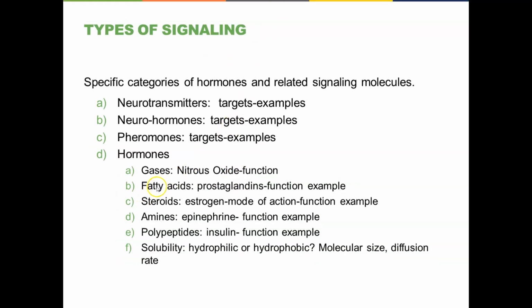All right, fatty acids from triglycerides. Y'all all know about fatty acids. Well, some of those are the things that are referred to as prostaglandins. These are signal molecules that are released in a lot of different places, but a good example will be the inflammatory signal molecules released by damaged cells, by cells of your immune system in response to injury or illness. And those prostaglandins affect nearby cells,